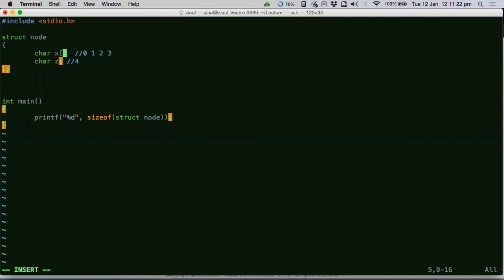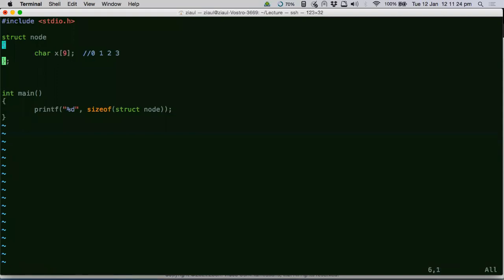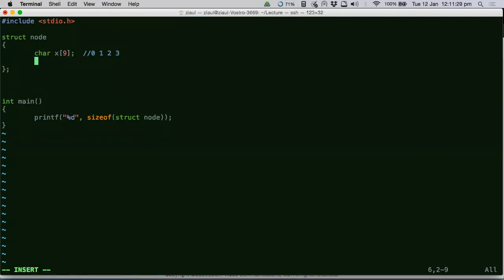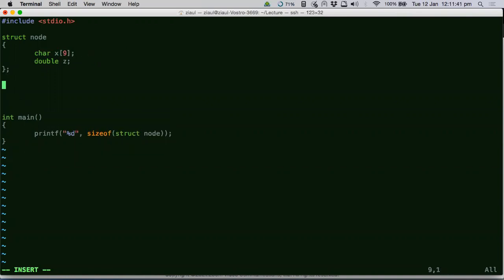Let's say I have this now. What would be the size of the struct? Tell me. Exactly.